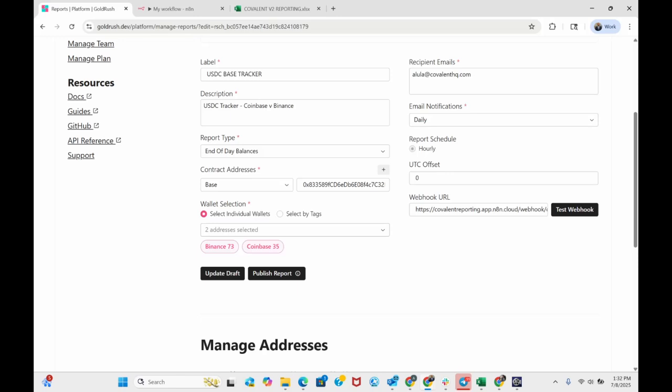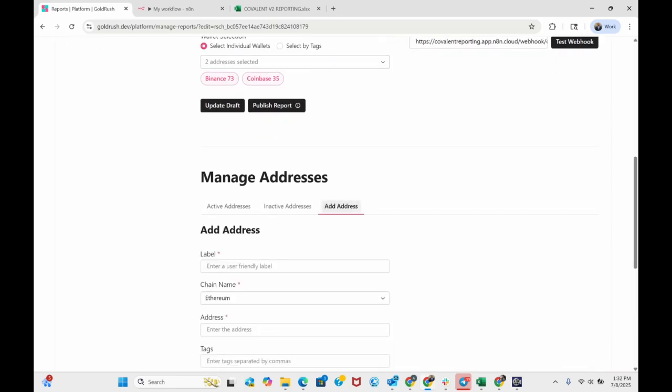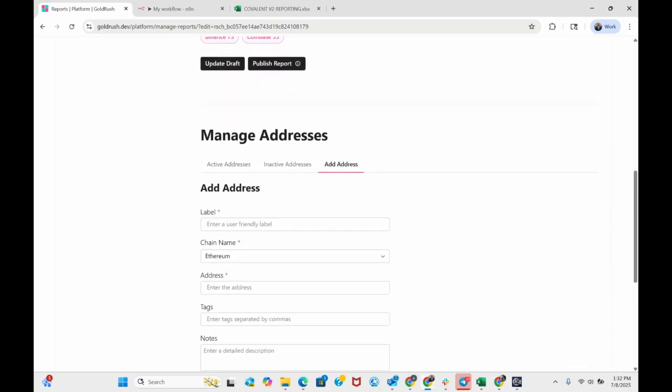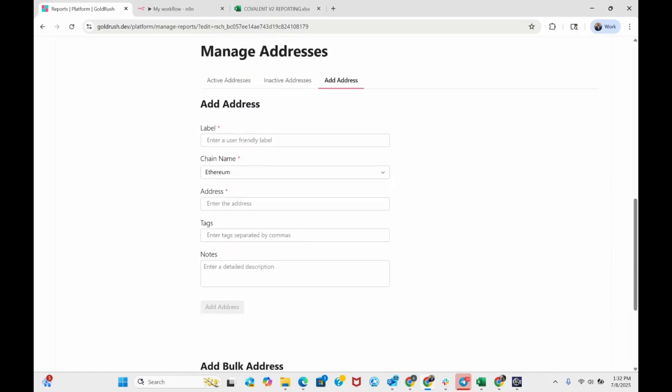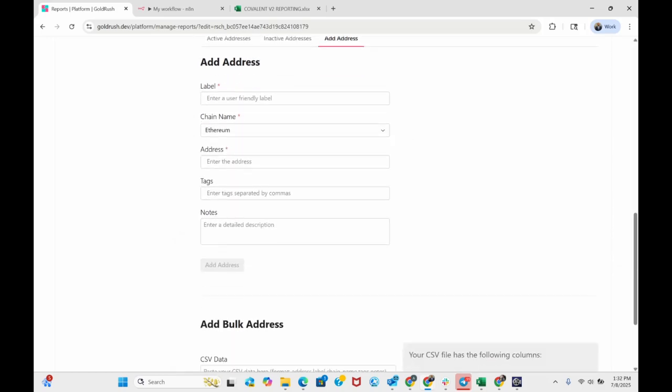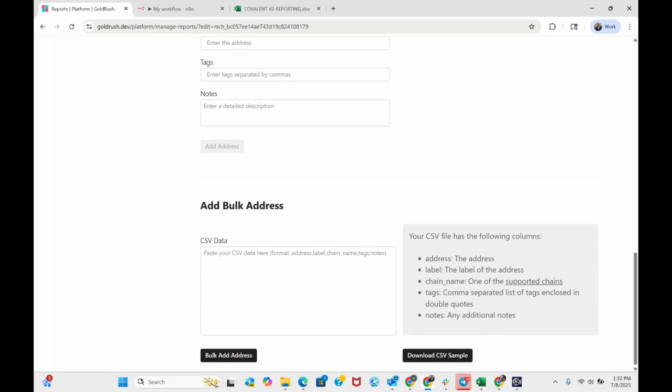And then I provide wallet addresses that I'd like to monitor. I can also add additional wallets. So here I just provide a label, specify a chain, provide an address, and also include any tags or notes. I'm also able to add bulk addresses, so I can upload multiple addresses if I'm monitoring a fund or some